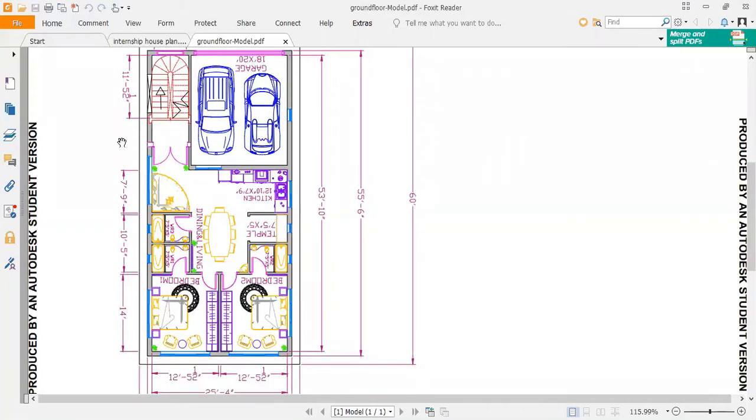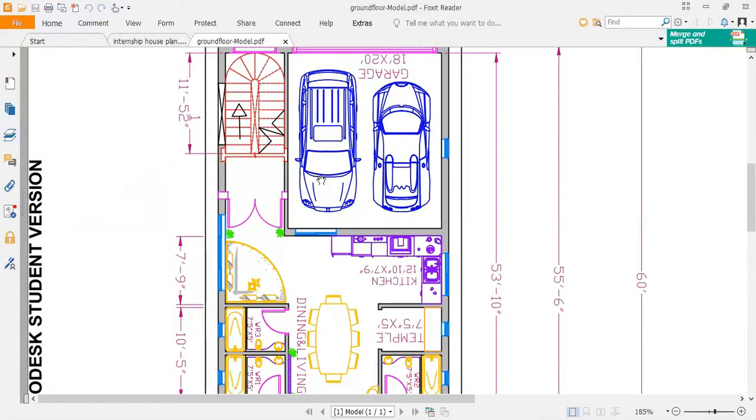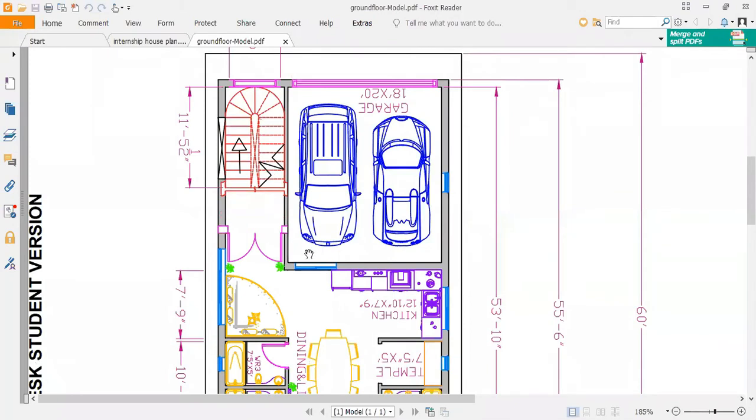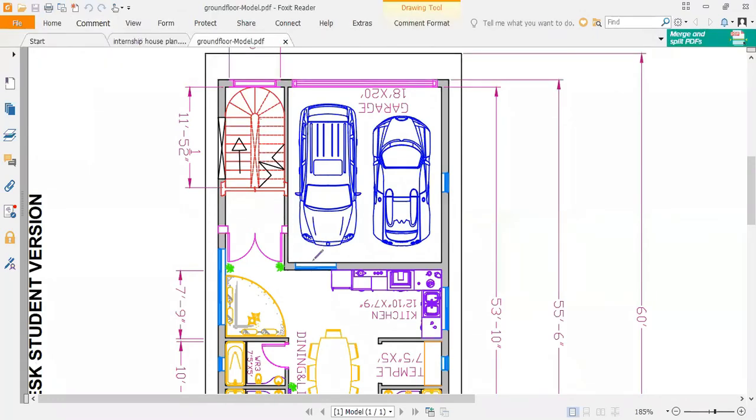So Sion sent me this plan and he asked me to review it. Okay, so basically, where is the entry? Shayan, hello. So this is your entry, right? Yes. Okay. So this is your entry. No, this is not the entry. This is the window section. The entrance is under this stair. Okay, you provided the entrance in this direction.